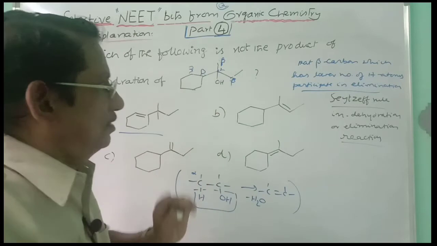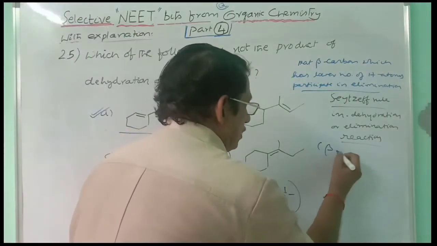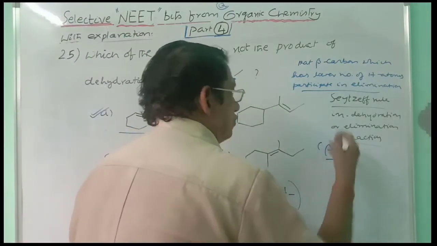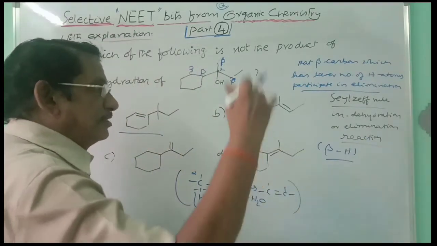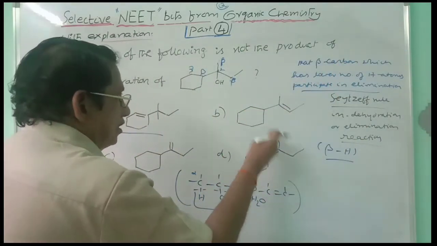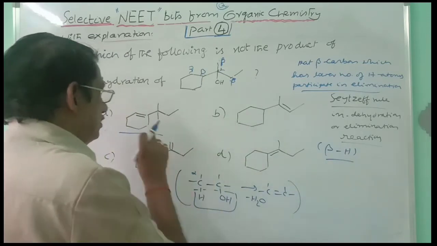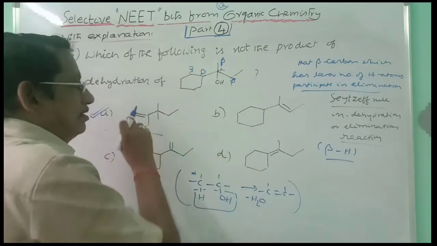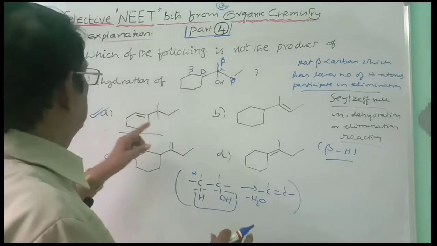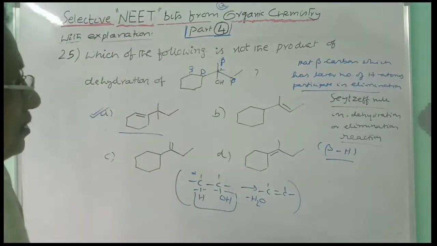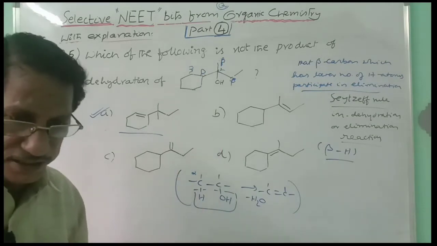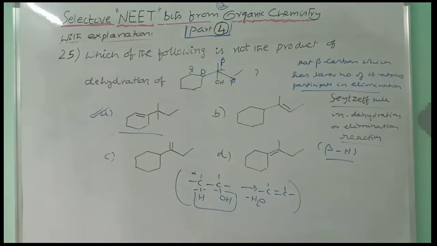All these beta carbons are having hydrogen. Beta hydrogen must be there. First condition, it should be having at least 1 beta hydrogen. Then only elimination takes place. And that beta carbon which is having lesser number of hydrogens will be participating more and more. And this is the major product. These are also formed likely. This is not at all formed because gamma carbon cannot be involved here. So this is the correct answer. Bit A is the correct answer. Okay. So that is the way you have to select here from the elimination reaction. Follow Saytzeff's rule. Right. Next bit.